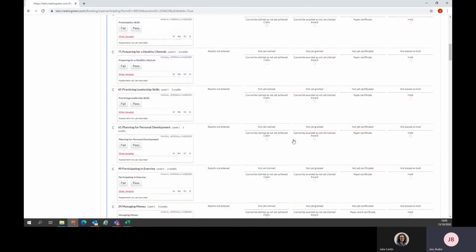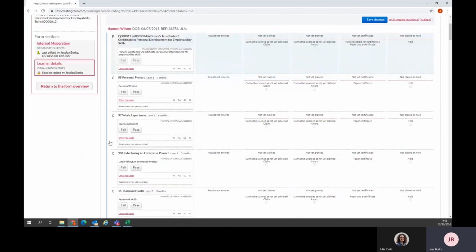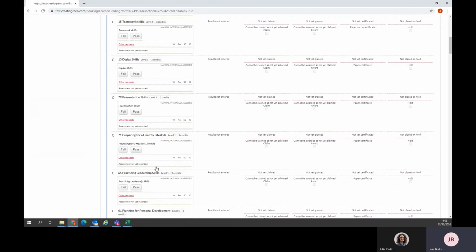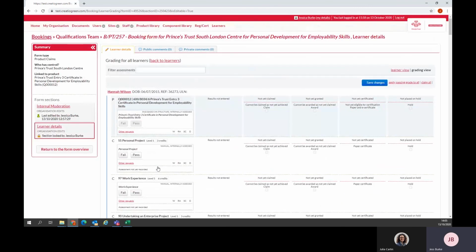Now that the learners have been entered for the units that we want them to be entered for, we can now submit this to the qualifications team. As you can see here, the overall qualification is greyed out. The system will automatically